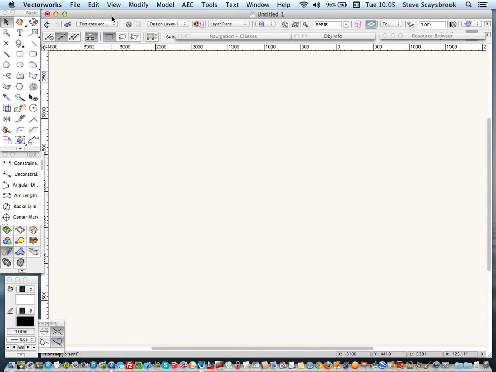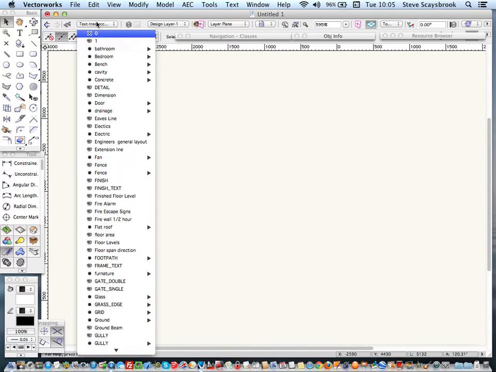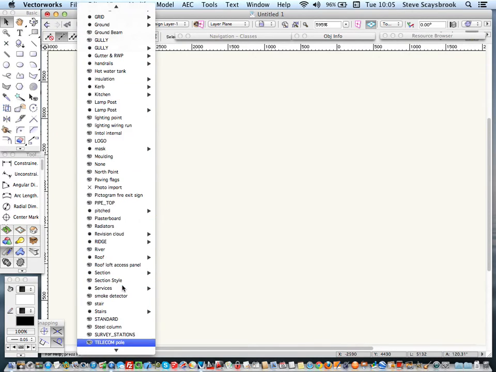Hi, I thought in this video I'd go over the concepts of making a symbol again. I know I've done it before, but some things have changed since I last did this about the way that you can use the symbol. So first off, I want to create a symbol up, and what I'll do is I'll go into my trees